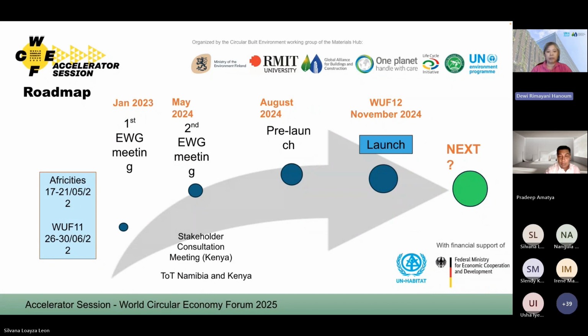This is the World Urban Forum, UN Habitat, the biggest forum for the urban. So it was in 2022, and then from 2022 until 2024, there were the expert working group meetings, number one and number two, and we had stakeholder consultation meetings in Kenya and also Namibia. In Kenya, in addition, we discussed the action toolkits and also held the validation exercise